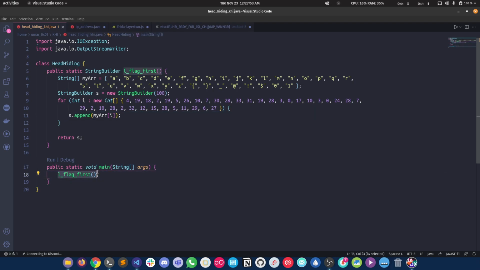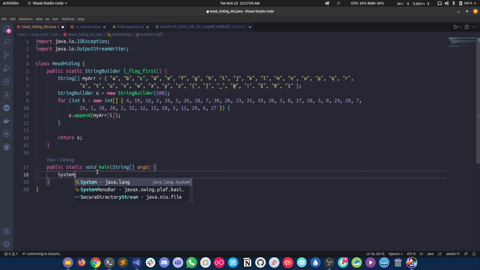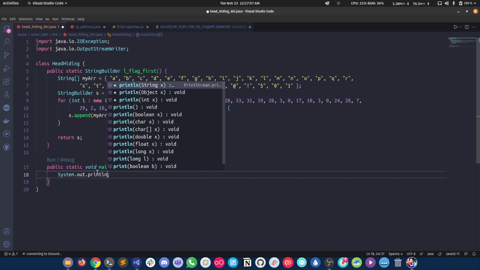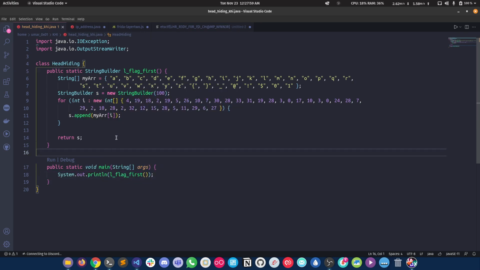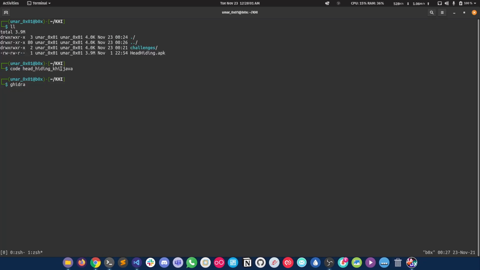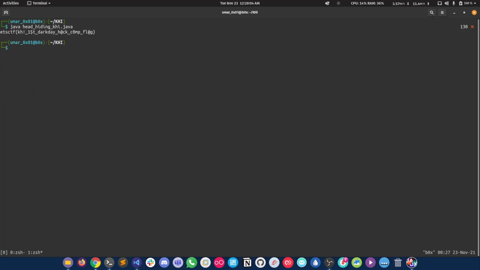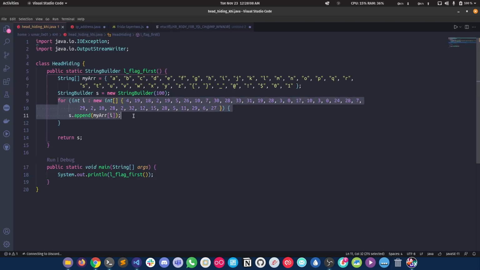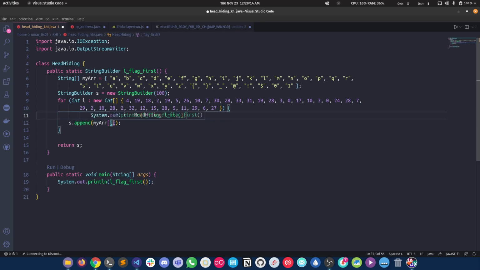So can we system dot out dot println on this? I think we can, right? So let's just call this file and see how it goes. And there we go, we got the first flag, right? So it did all the substitutions, it appended everything into this, right? I mean, if you want to see each and every character being printed, you can just add a print statement in here, or you can add a